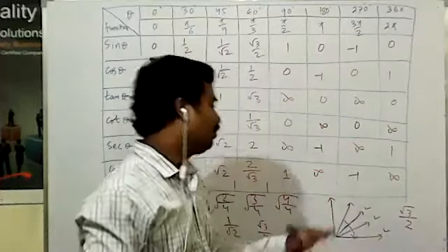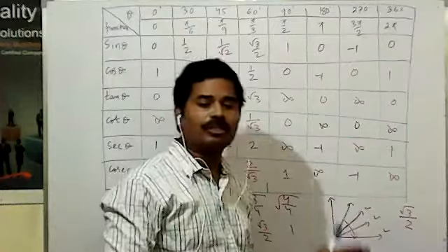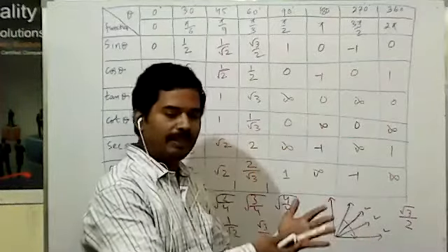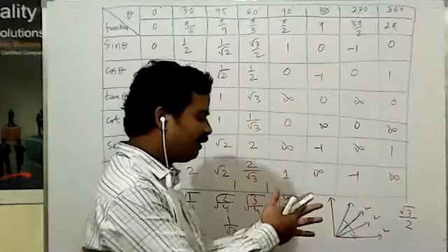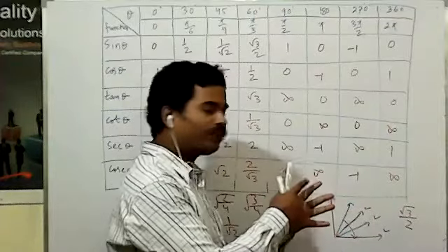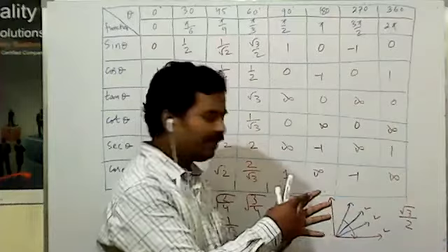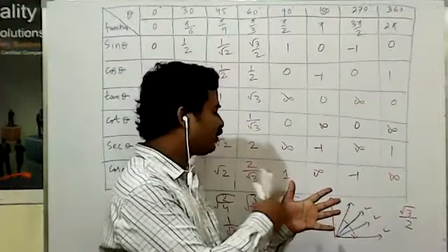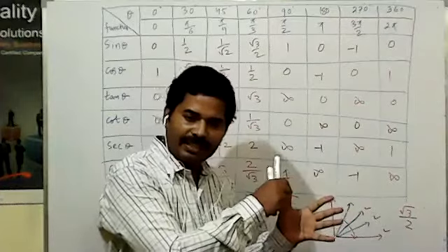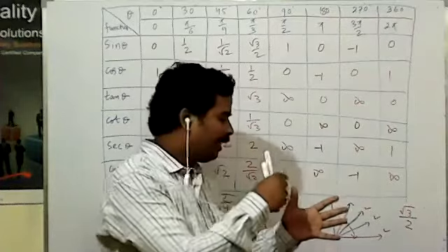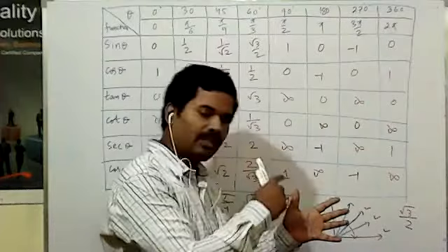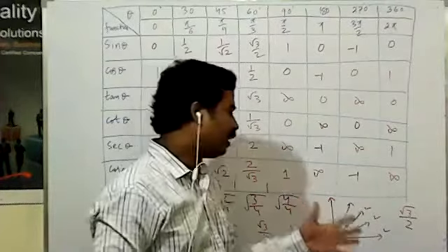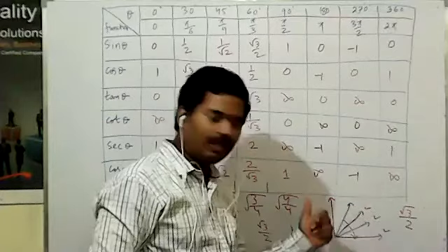If you find out the value of cos, it means anti-clockwise. Cos value means anti-clockwise. Suppose you have to find out cos 60. How many fingers are there? One finger is there, so count one finger, take the root of 1, and after that divide by 2. That means the value is 1 by 2.